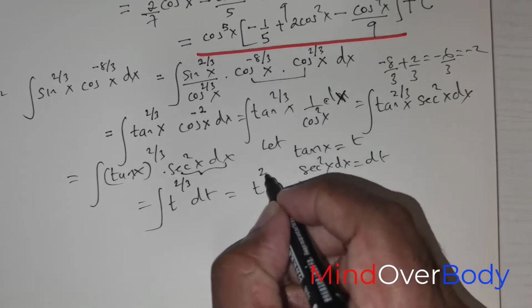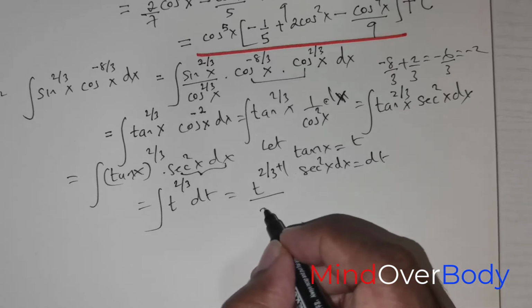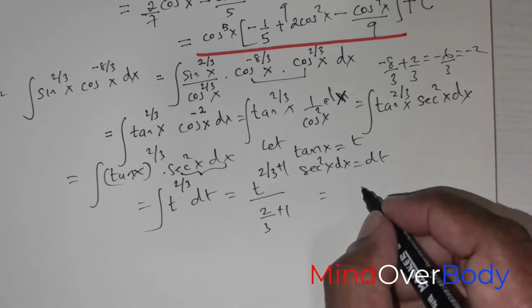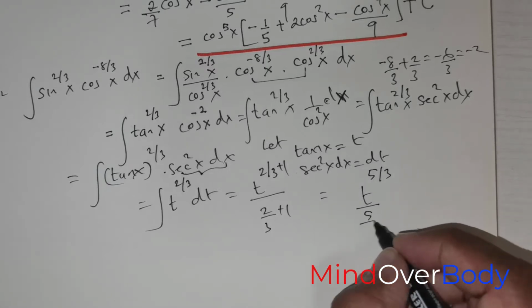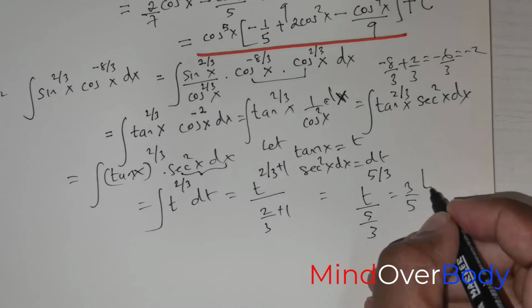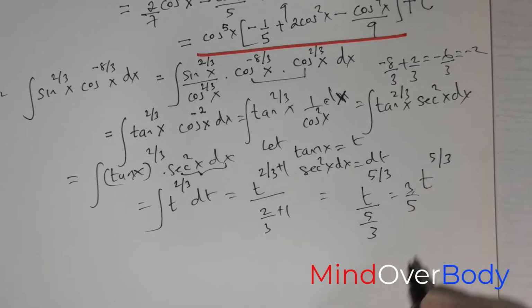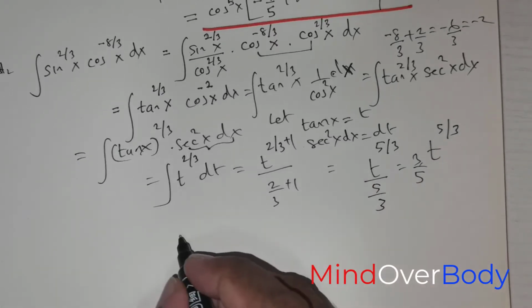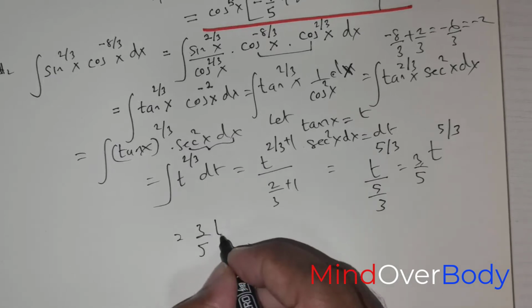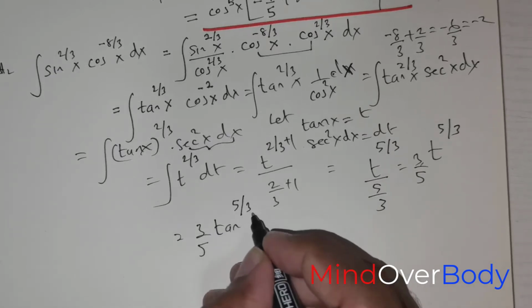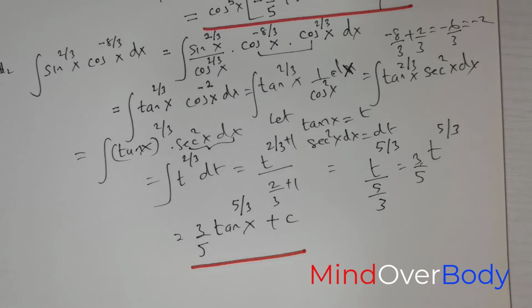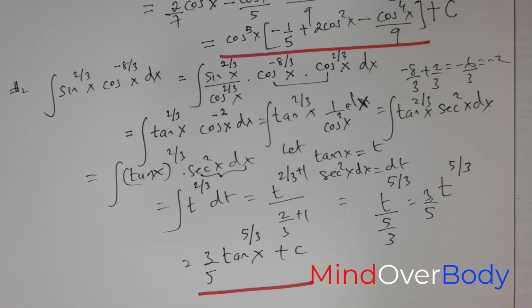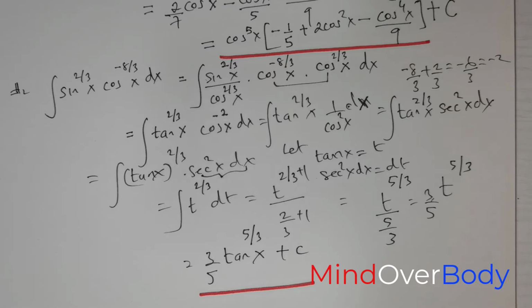So this is going to be t raised to the power of 2 over 3 plus 1, divided by 2 over 3 plus 1, which is nothing but t raised to the power of 5 over 3 divided by 5 over 3, which is nothing but 3 over 5 times t raised to the power of 5 over 3. But my t is tan, so this is going to be 3 over 5 times tan raised to the power of 5 over 3x plus c, and this is a good place for us to draw the red line. So this is a beautiful question, students. I hope you can practice this and